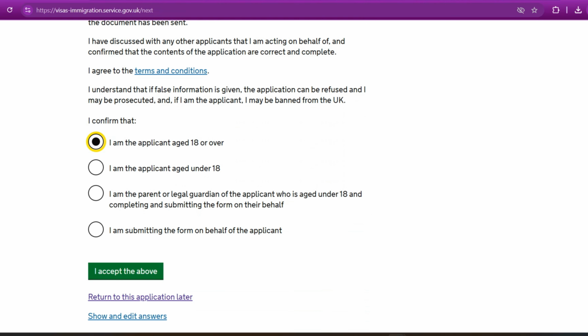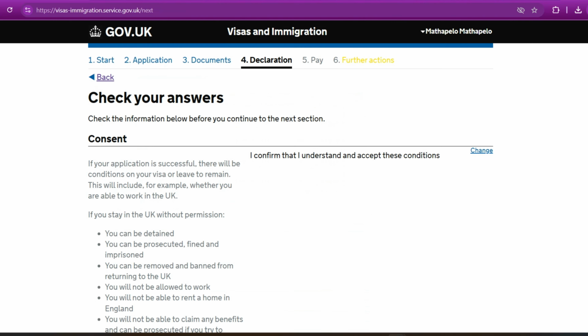And if they are, you can move on to the next part, which is payment. That's where you'll make all your necessary payments. And if you are making payments from South Africa, your visa will cost you 2,772 rands. And then after, you will move on to further actions, and that's where you book